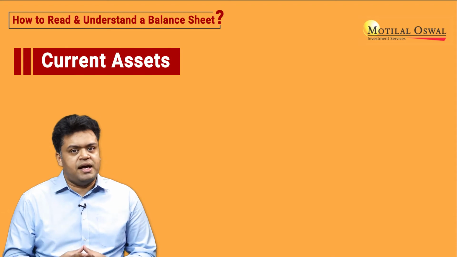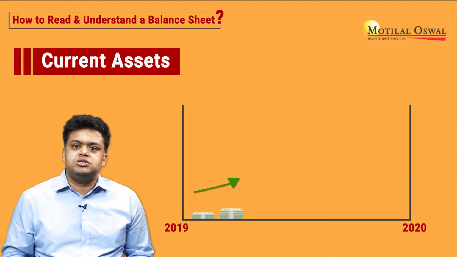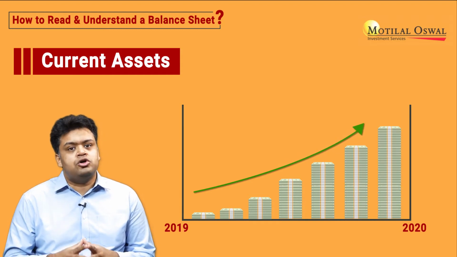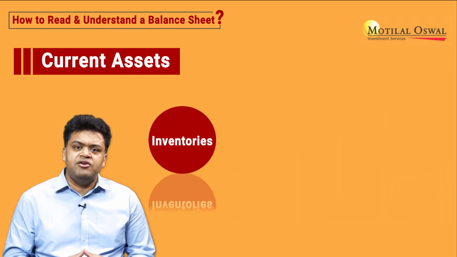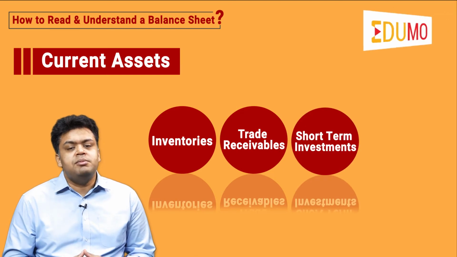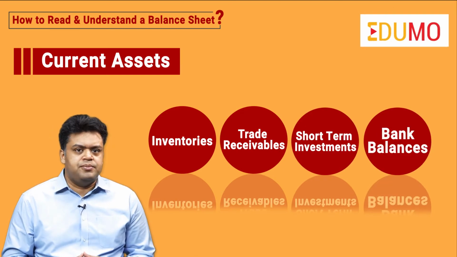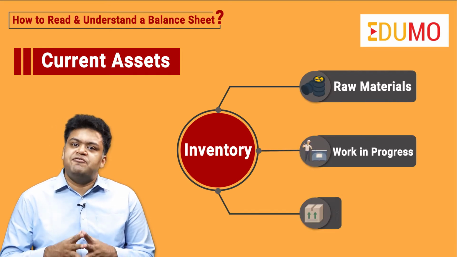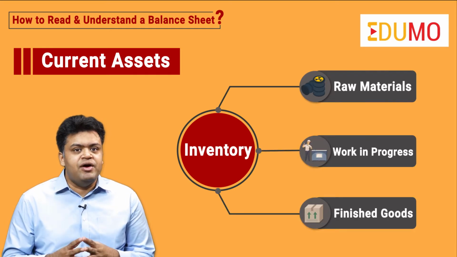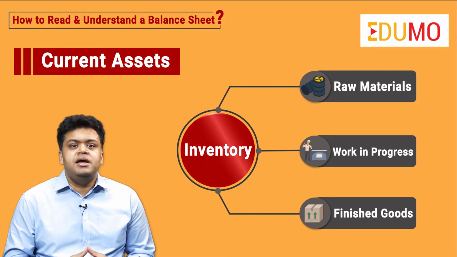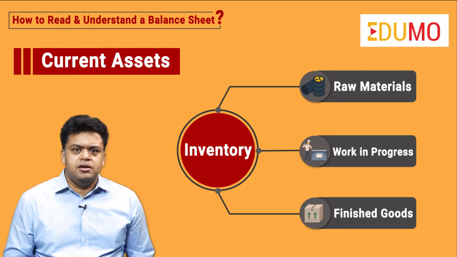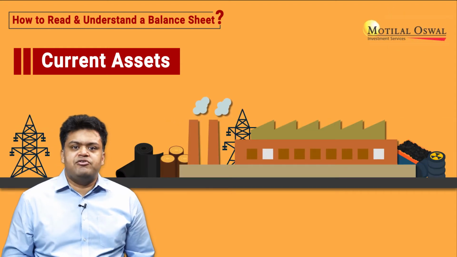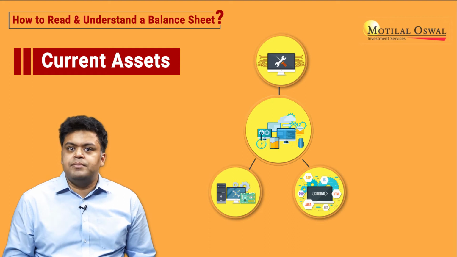Next, we move on to current assets. Current assets are those which have been acquired over a period of time and can generate revenue for a shorter duration. Examples are inventories, trade receivables, short-term investments, bank balances, etc. Inventory means the company's raw materials, work in progress and finished goods. Kinds of inventories vary depending on the company and the nature of the industry it is operating in. For example, a manufacturing firm will carry a large amount of inventory, while a finance or an IT firm carries almost